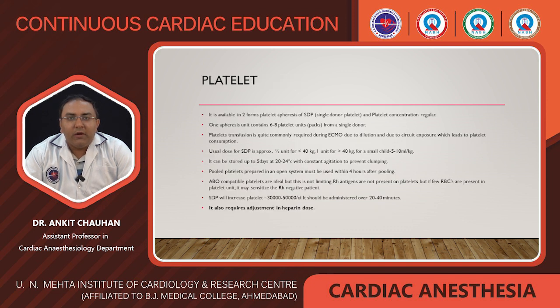Platelets are available in two forms: platelet apheresis or single donor plasma platelet, or platelet concentrate regular. One apheresis unit contains 6 to 8 platelet units from a single donor. Platelet transfusion is quite commonly required during ECMO due to dilution or due to circuit exposure, which increases